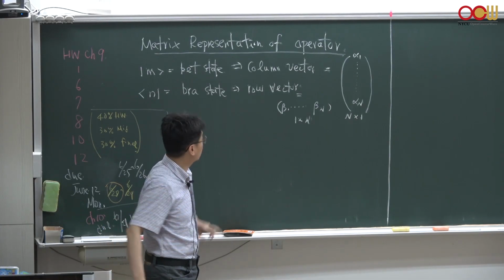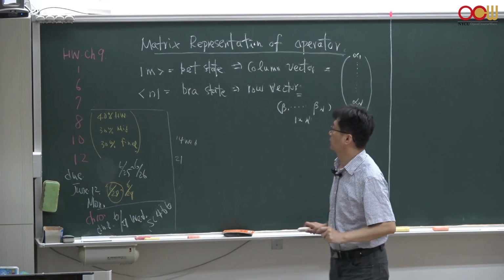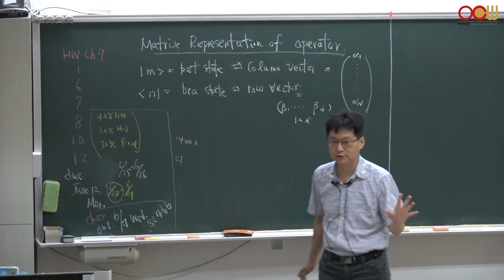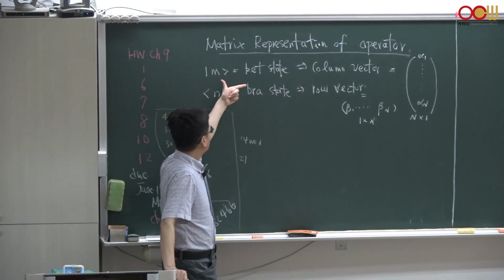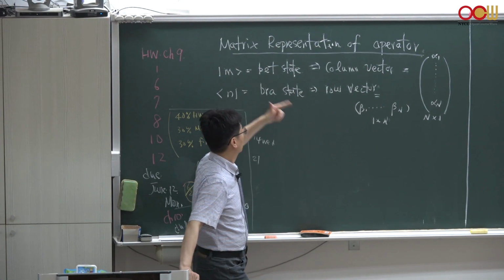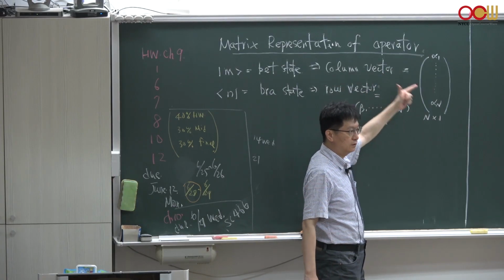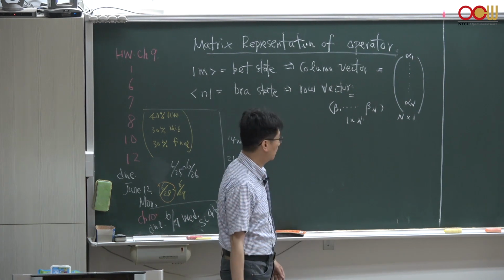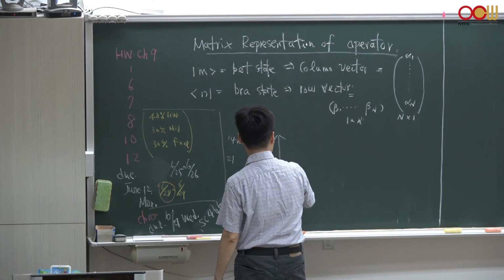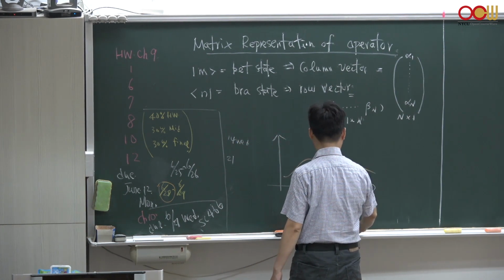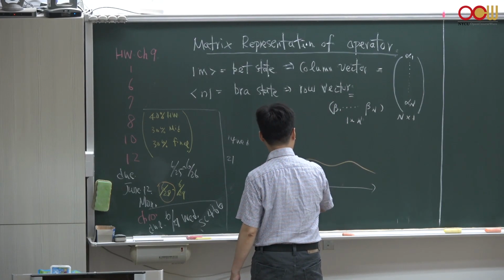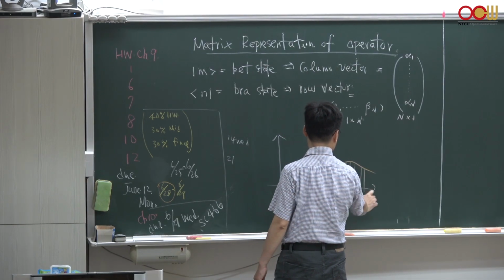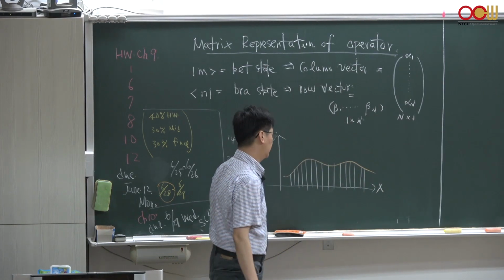Okay, anyway, so let's just start a new chapter, which is the matrix representation of a quantum mechanical operator, which I already defined a long time ago. Remember, this Dirac ket could be represented by a column vector, which is the n by 1 column matrix in the n-dimensional space. The way that we do this mapping is by meshing this, say, eigenbasis or complete set of bases, say this coordinate x